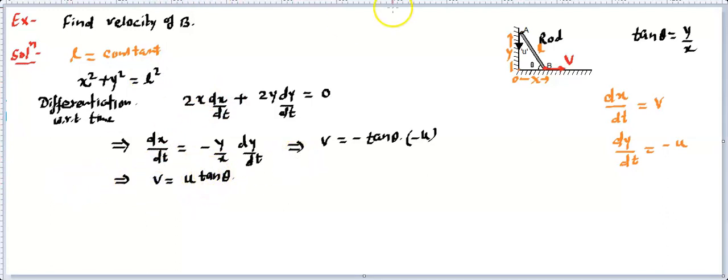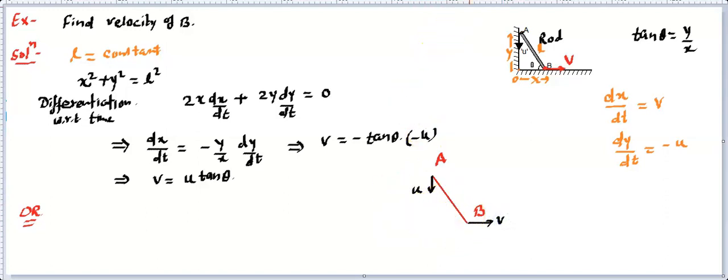Now this can also be handled another way, and this other way that I'm going to tell you is also important, and sometimes it gives you the answer very quickly, and that's again common sense. So let's say this is the rod we are discussing, and this is point A, this is point B. Now we know this rod is a rigid body. That means its length is not going to increase or decrease. So we will be drawing the velocities of the terminals. A point's velocity is downside, so that's u. And this is what we are looking for, the velocity v. So these are the final velocities.